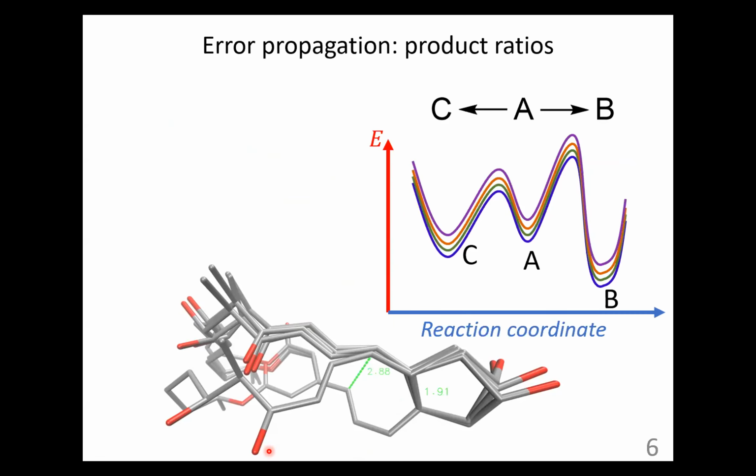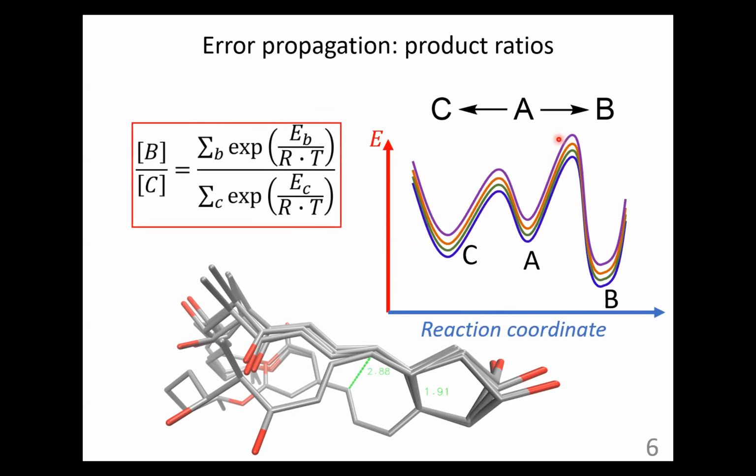On the previous slide, we considered a very simple model with two transition states, but in real calculations, when we want to predict product ratio, we usually assess many transition states leading to each product, like you see here. And for this case, there is an extended formula where here goes summation over the transition states going to the B product at the top, and summation over the transition states going to the C product at the bottom.